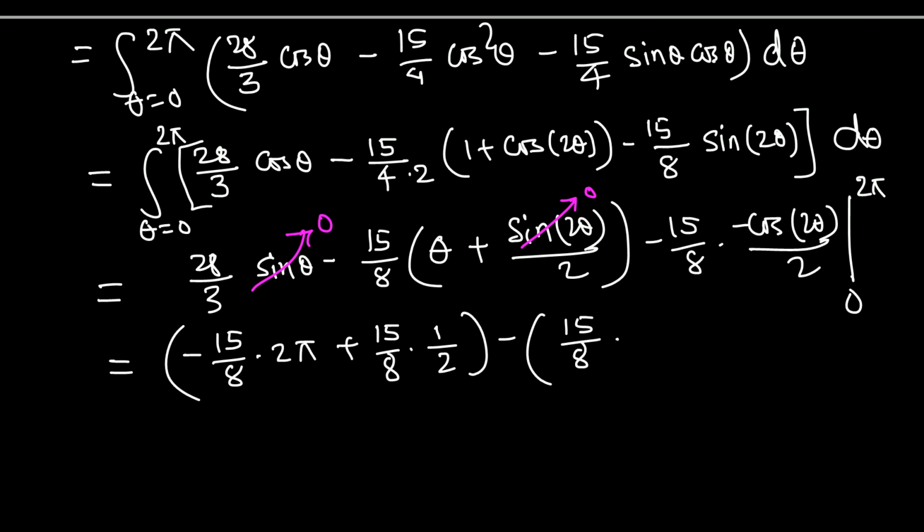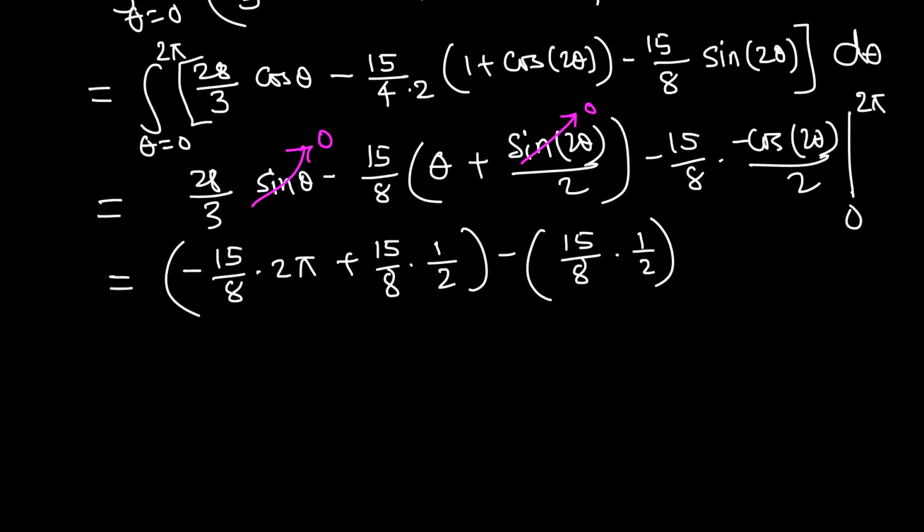Okay, this negative is coming from the fundamental theorem of calculus. Cosine 0 is 1, so 1/2. Okay, which is, this is negative 2 goes 4 times 15 over 4 pi. Here is 15 over 8 times 1/2 minus 15 over 8 times 1/2. So these two cancel, positive negative, so this is it, final